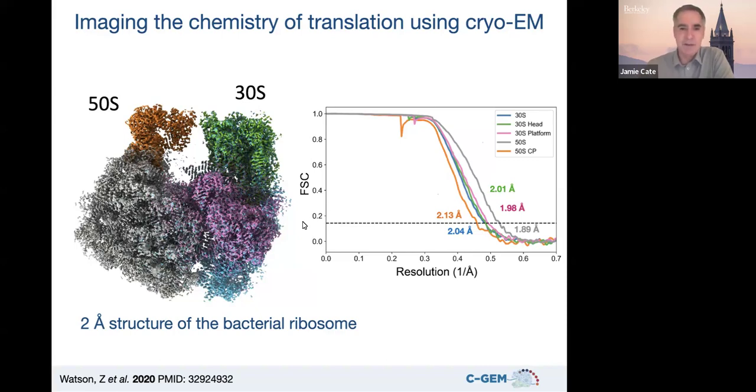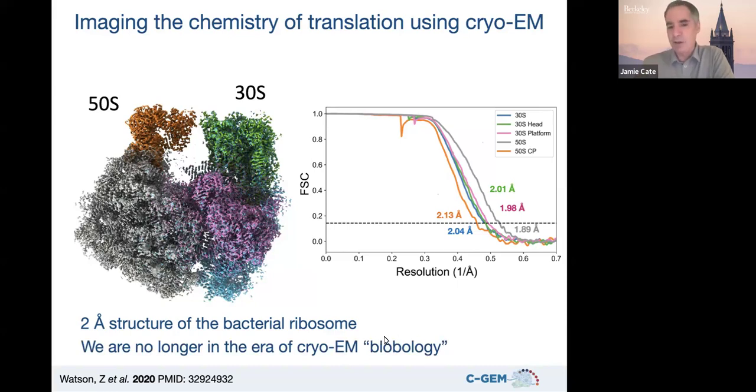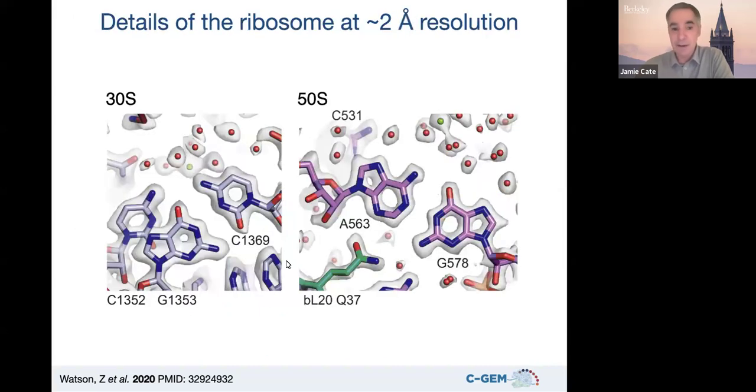What this allows us to do, it used to be that cryo-electron microscopy was called blobology, sort of blobby maps, but now we're really at high resolution. To give you an example of the kind of details we can see, we're able to generate these maps of effectively electron density. They're electron potential maps, but we call them electron density because we're crystallographers at heart. You can see all these details for where the RNA is. So these are nucleotides, protein side chains. You can see water molecules. You can even see ions in these maps. So very detailed.